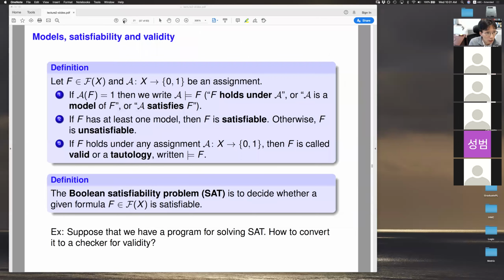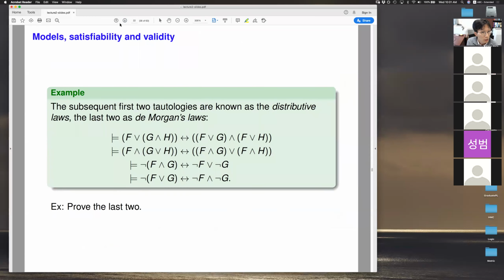Okay, so that's how this works. Just to sum up, we defined semantics, and the important concepts are satisfaction, satisfiability, and validity, and the SAT subproblem. And then there are many valid formulas that you learned in the lectures, maybe in high school. One of the formulas that you learn about is, I think, De Morgan's law,